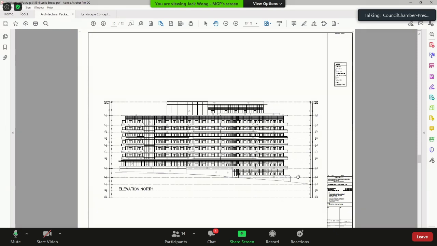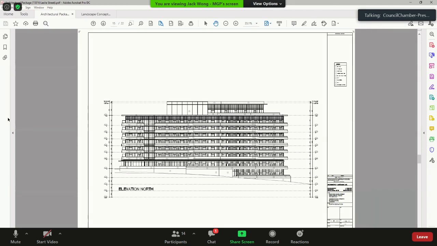What is that overall height? Mr. Wong? Through you, Mr. Chair, let me go back to my notes here. The west portion height, based on this topography, will be 27.5 meters, measuring from the finished grade to the top of the building, excluding the mechanical penthouse.